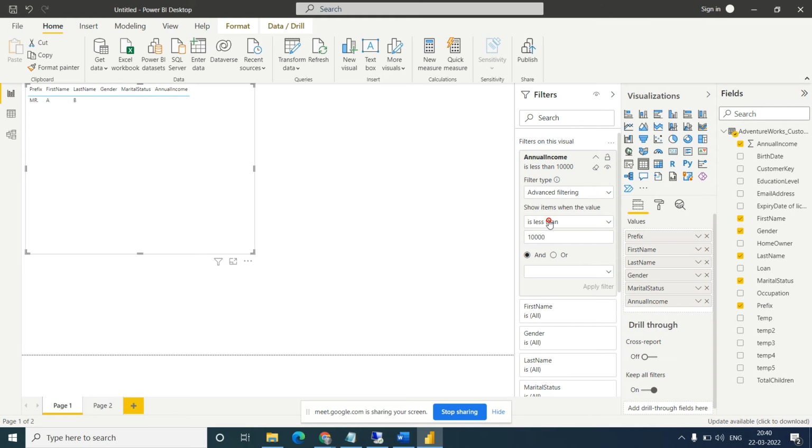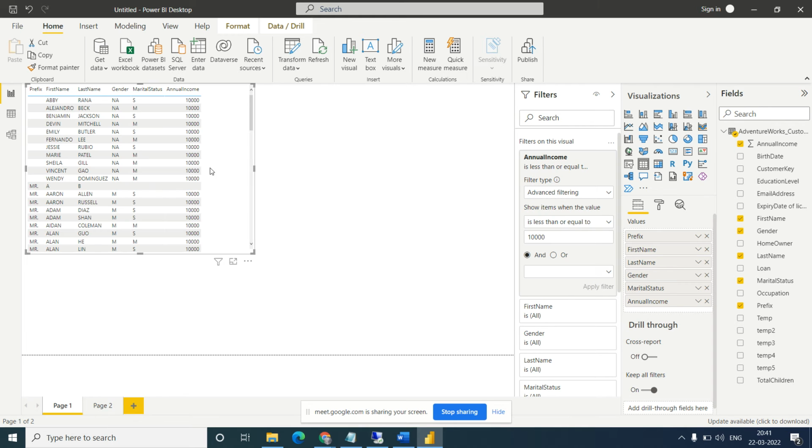Because it is trying to find less than 10,000, not equal to 10,000. So for that we have to select the less than or equal to option. I want to know the customers whose salary is 10,000 or less than 10,000. So let's apply. So these are the customers whose salary is less than 10,000 and 10,000.